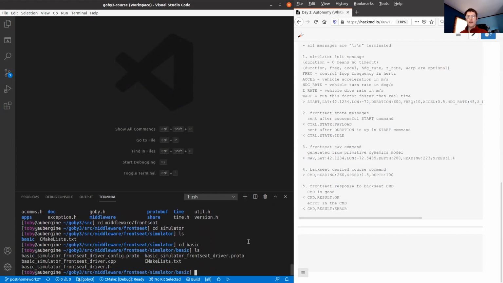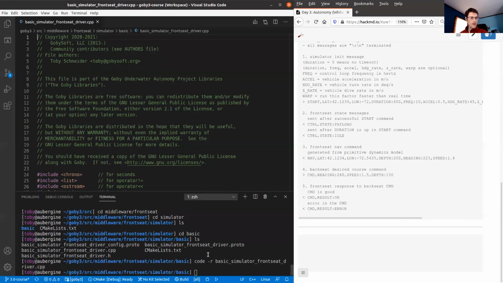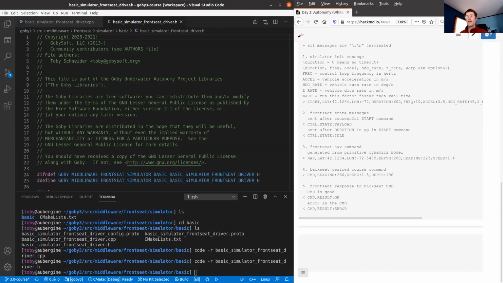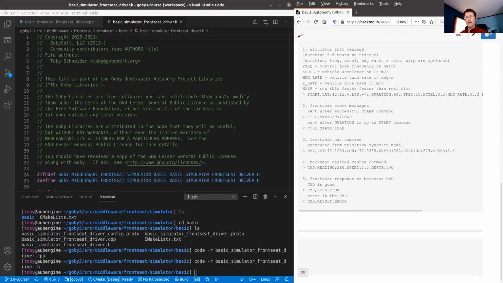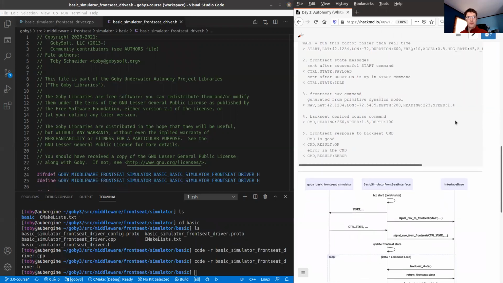The main code is these H and CPP files, so we'll open up both of those, CPP and header. And at the same time, I'll ask you to keep an eye on this diagram here. Let's turn off the auto scroller.